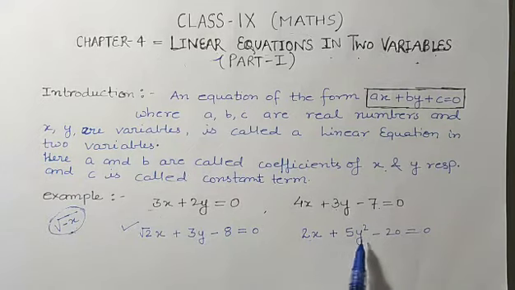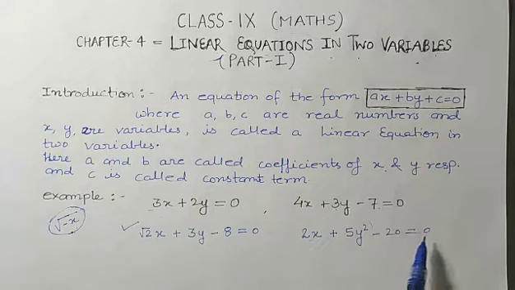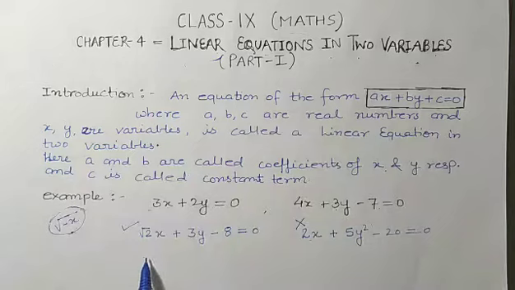Two variables are there, it is also okay. But is it linear or not, students? So here the degree of the polynomial is what? See here, the maximum power is 2, so the degree of this equation is 2, so it cannot be a linear equation. Okay, now I'm going to write one more equation.